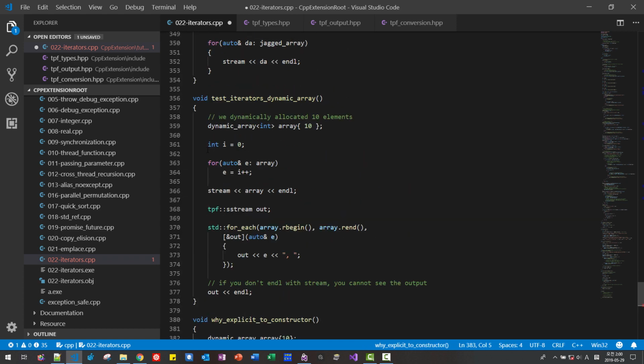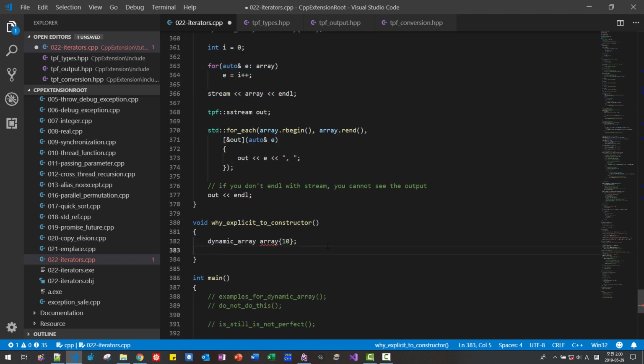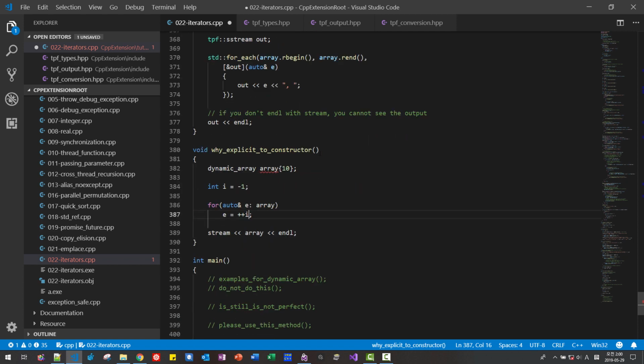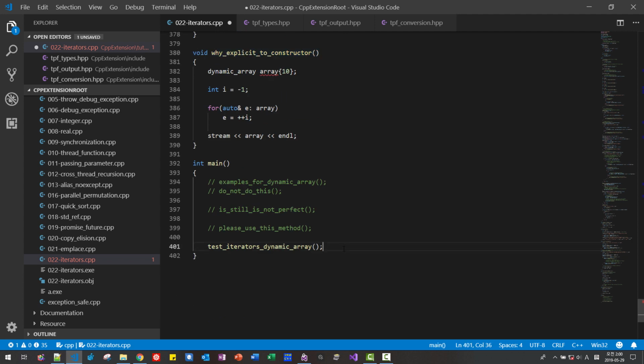Then I will copy this part. Copy. Paste. I will use it -1, then plus here. It's faster. Okay, I will copy this function and paste it here. I will disable it. We will test this function if it works